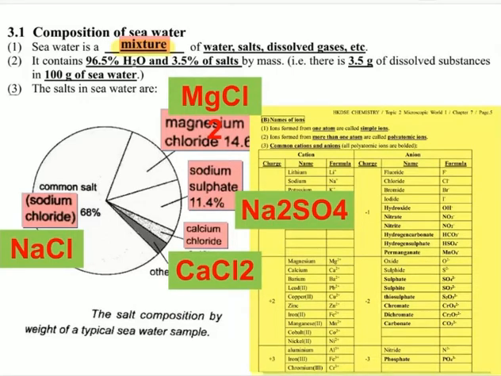So class, don't worry, you need not to memorize all the numbers, except maybe this: 3.5 grams of dissolved substance. This one only, okay? For 100 grams of seawater, there are 3.5 grams of dissolved solids, dissolved substance, okay? And then for the salt here, you need to know in seawater, there are different salts, different kinds